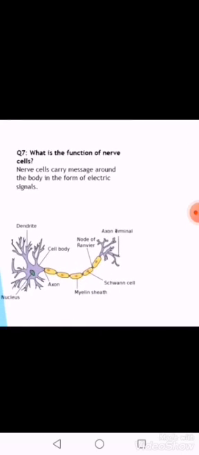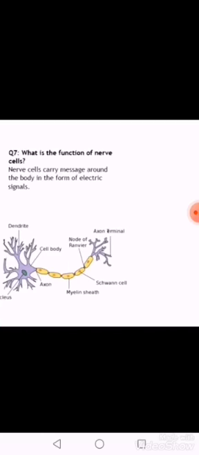Second one, what is a nerve cell? A nerve cell is another very specialized animal cell. It carries messages around the whole body. It is very long and thin, up to 1 meter long, with connections at both ends, and carries electrical signals. It carries messages toward the brain. If we feel hot or cold, these nerves send a message to the brain, and it gives us the sense. Clear?